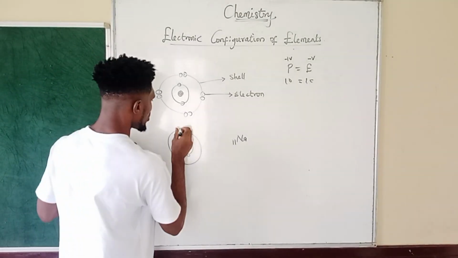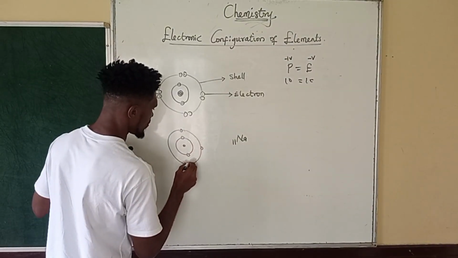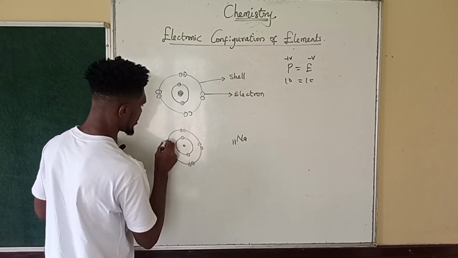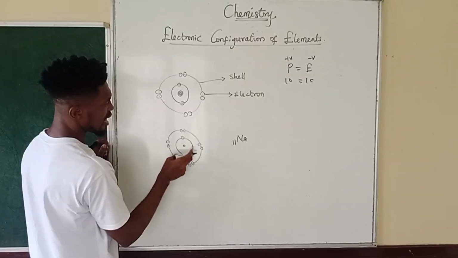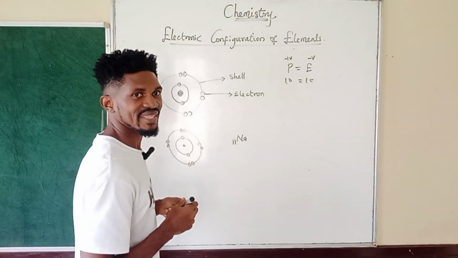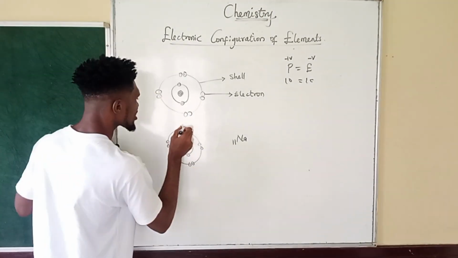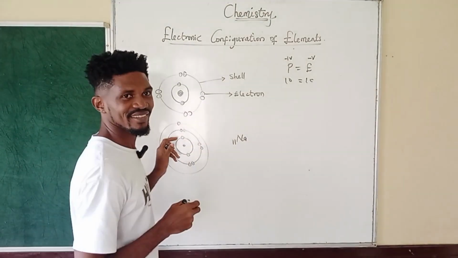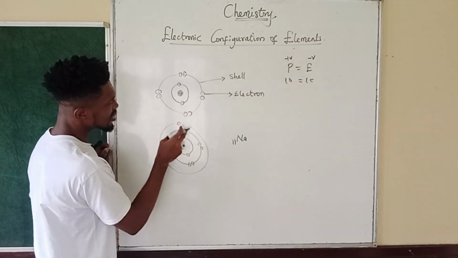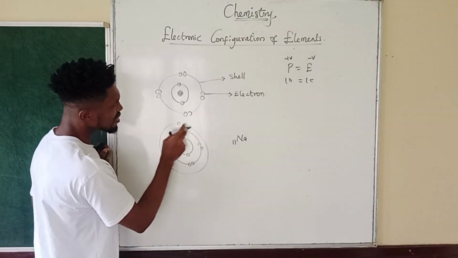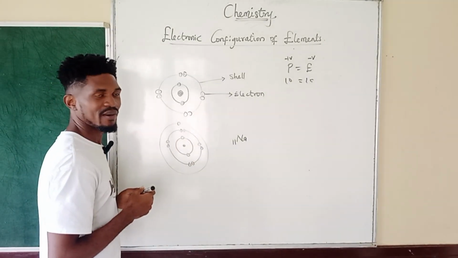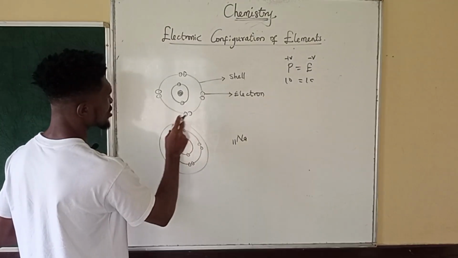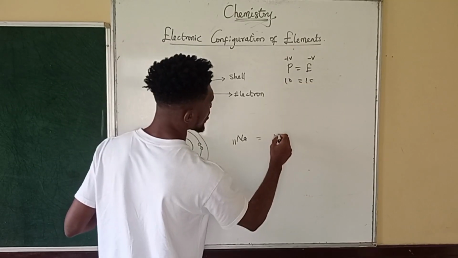So we are safe. So we draw 1, 2, 3, 4, 5, 6, 7, 8. 8 outside plus 2 inside is what? 10. But we're going to 11. So we draw the next shell. The next shell will have what? 1, making 11. So you can see that sodium has an atomic number of 11, and we have 11 electrons. Right? Now, we want to know the valency. This is the valency. 1. The valency is what? 1. Sodium has a valency of plus